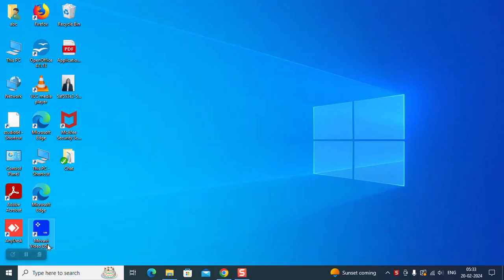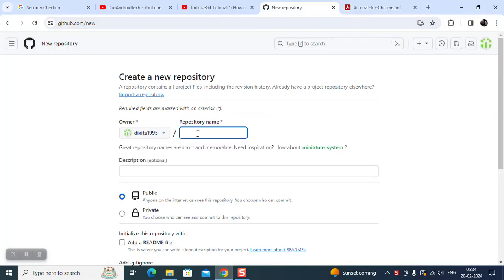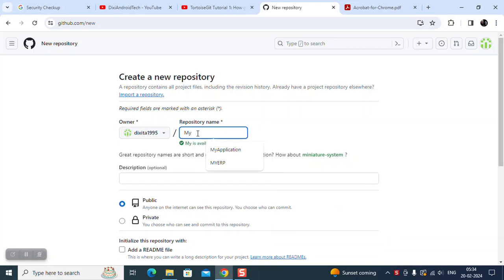In this video I am going to show you how to create and clone a repository in GitHub. First of all, I create a new repository. So, my app